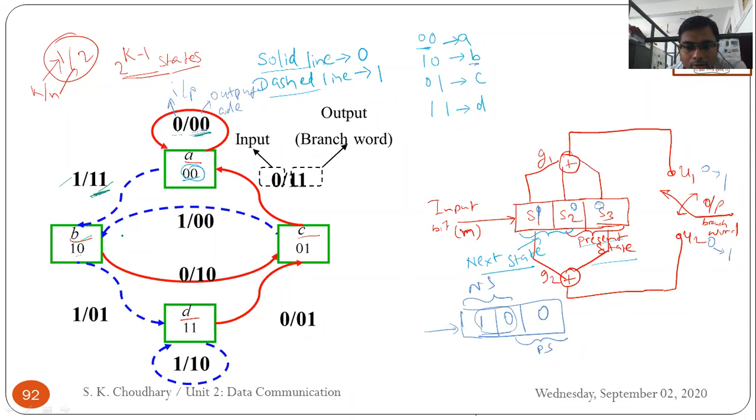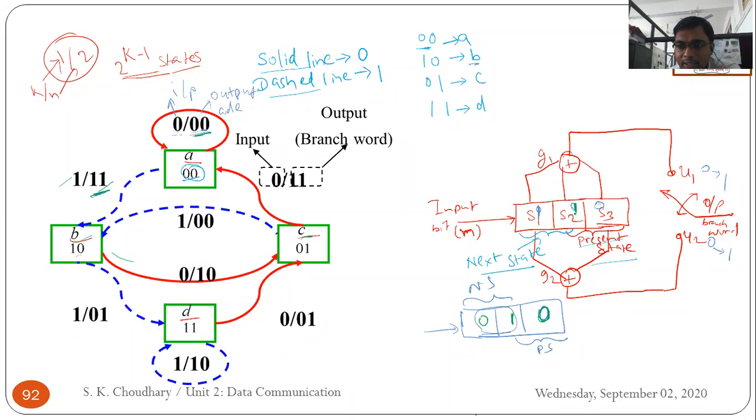Now in the next time instant, what happens? Your present state would be shifted to here, this would be blank, and your new state is 1, 0. That means you are at B. Now there are again two possibilities for the input, either 0 or 1. What happens when the input is 0? The next state would be 0, 1, so you would move to C, 0, 1. And what is the output here?